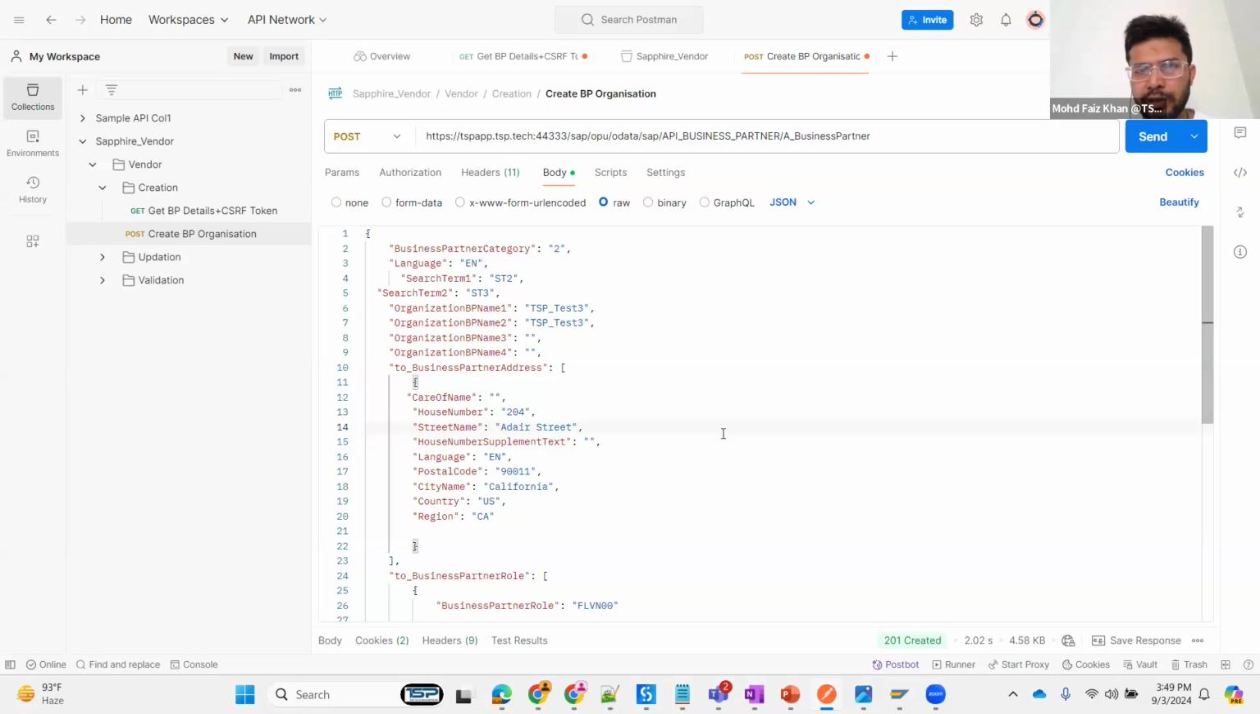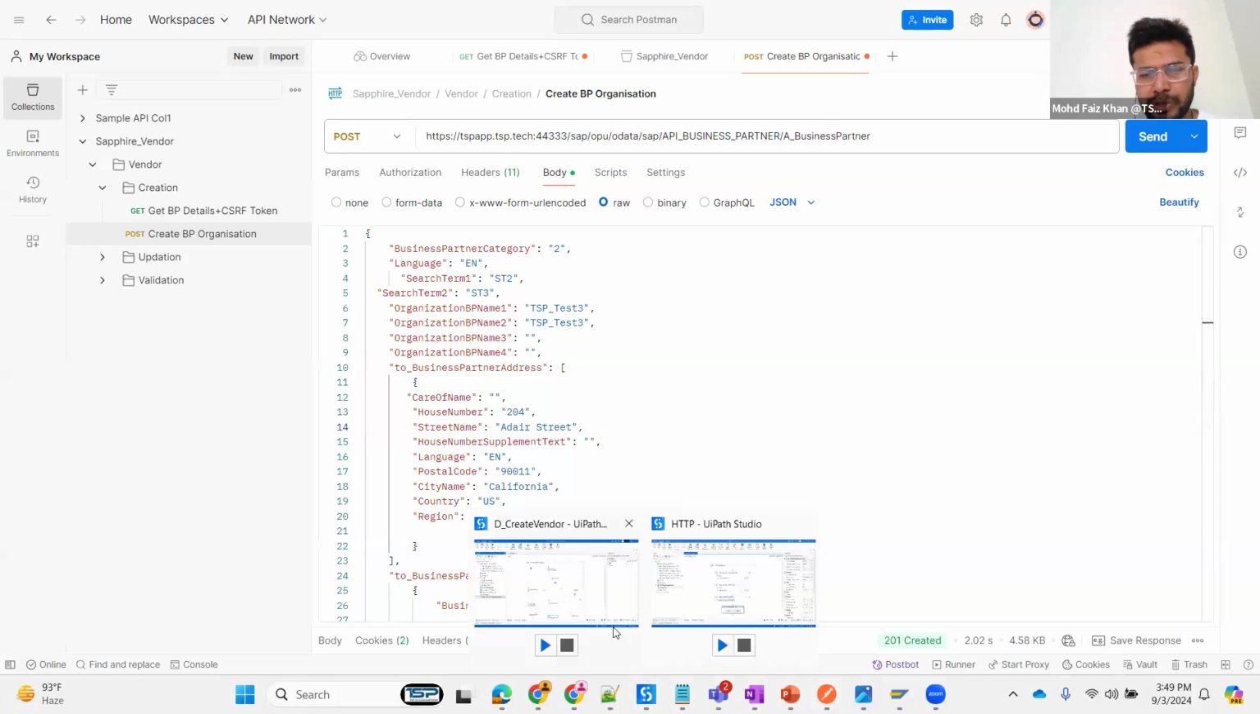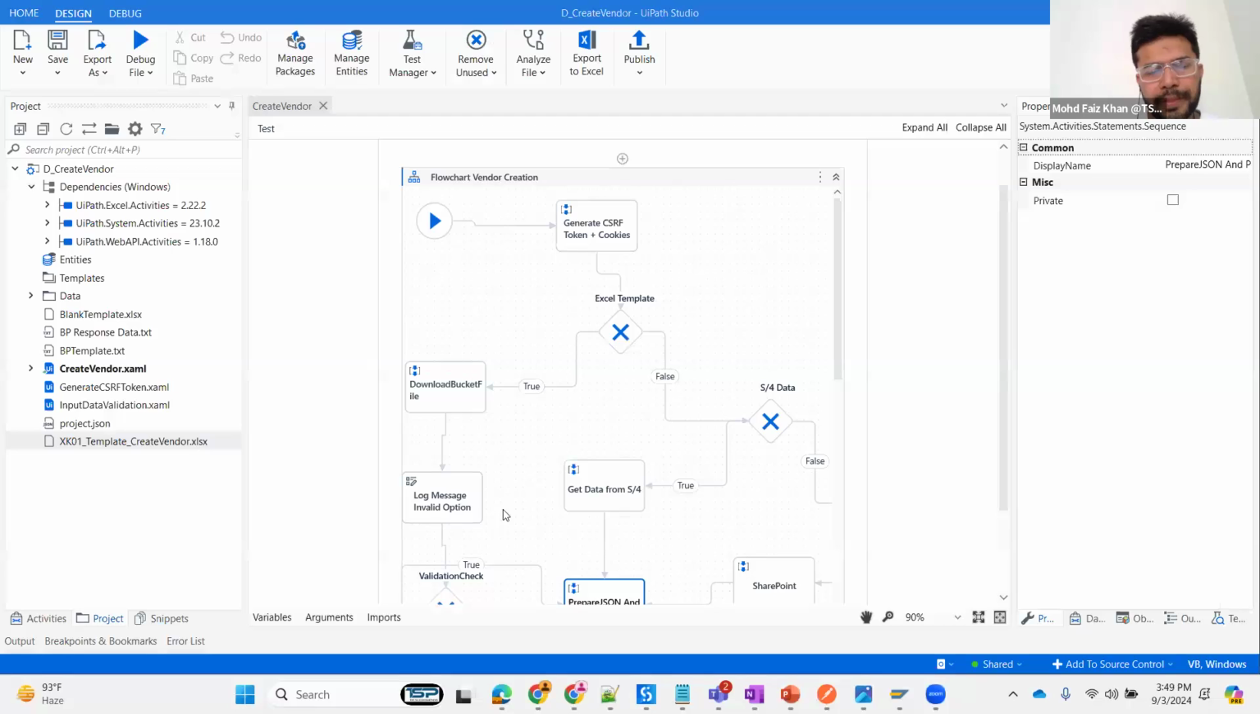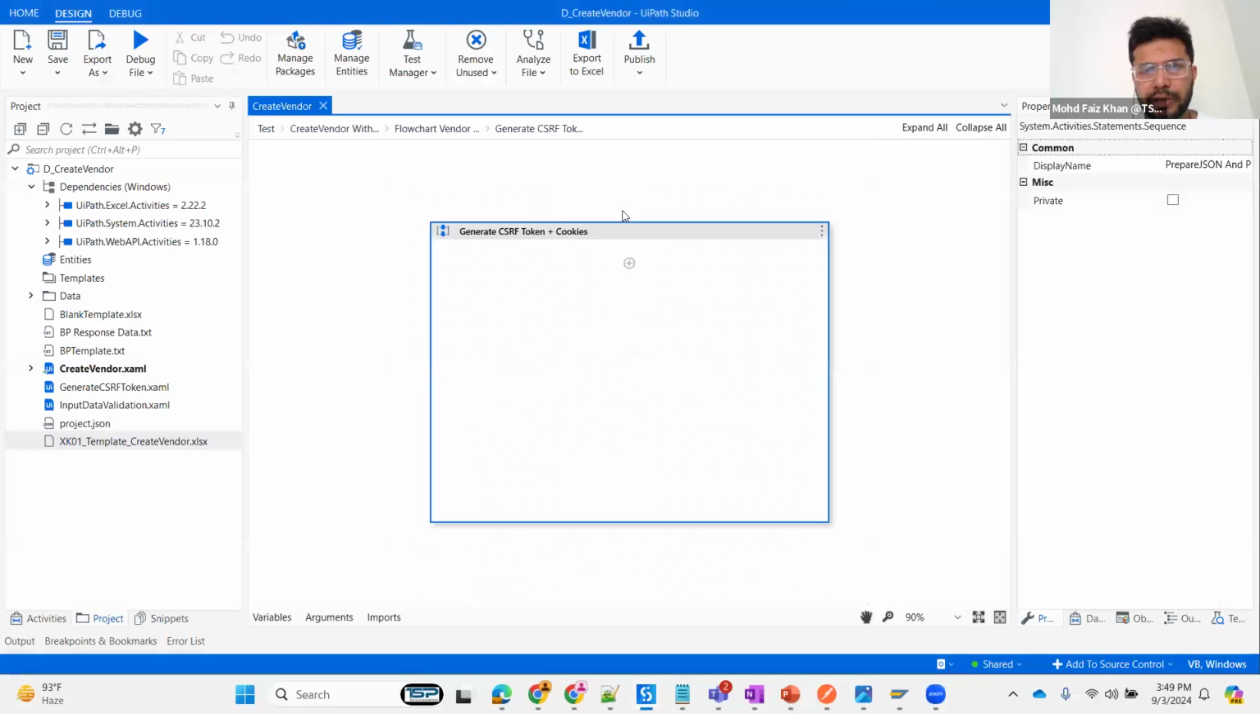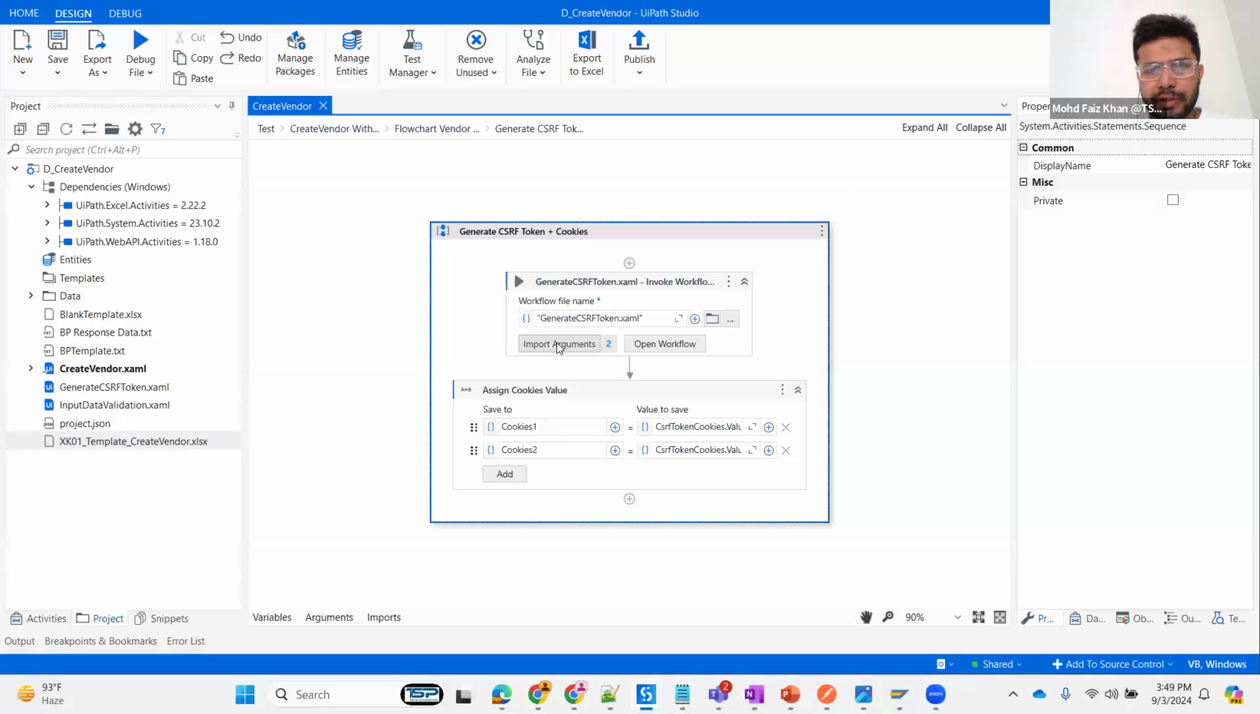Assuming we have thousands of BP creations, like business partner creations, how can we create them with the help of UiPath Studio? Let's move to UiPath Studio. In a similar way, we have to create the CSRF token first. So here you can see we are using